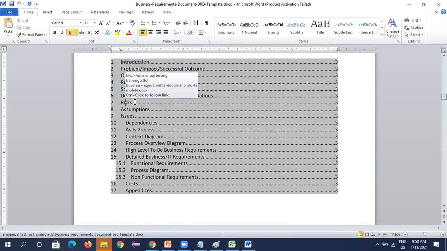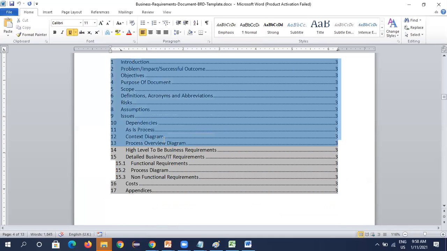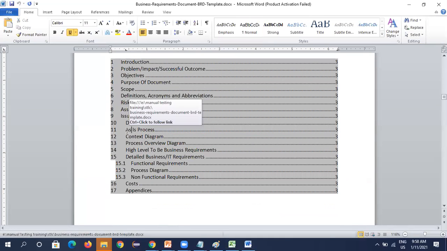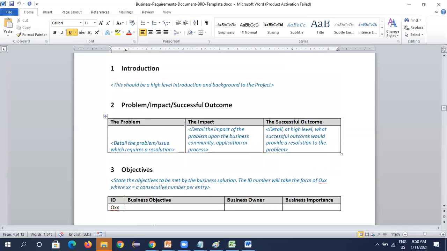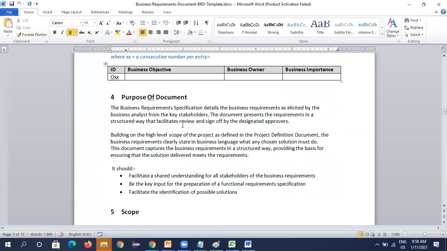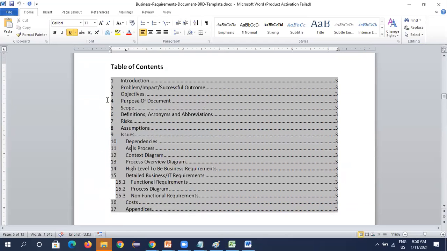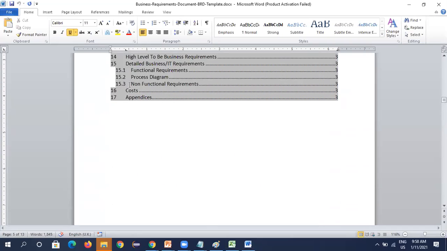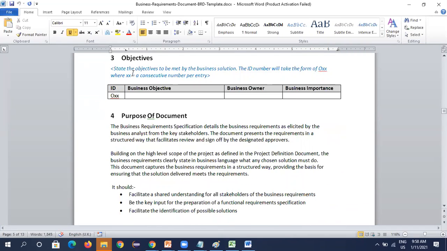They may not include this risks column. They may not include this context column. They may not include this as-is process. So you need not worry. Whatever you understand, at least in this content, see, for example, here there are 17 points. At least try to say in an interview 14 to 15 points, 12 to 13 points at least. Minimum 10, worst case 10. So purpose, scope, objectives, like that. Some 10 points, 10 contents you should